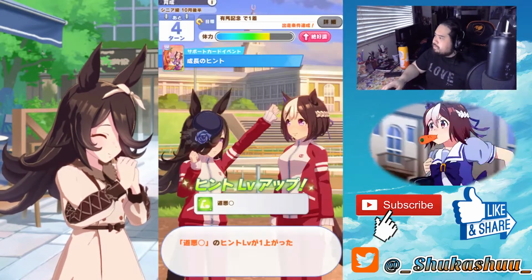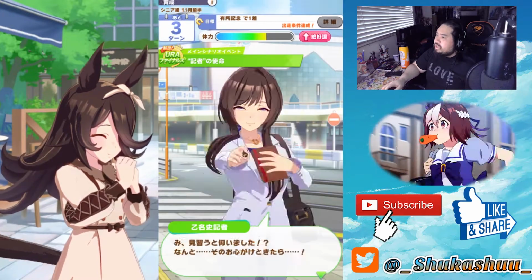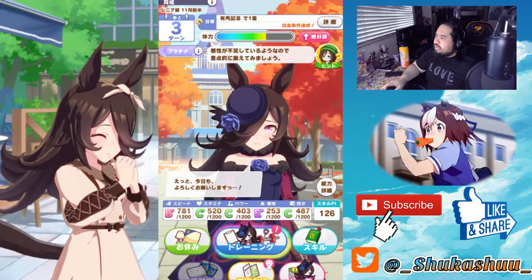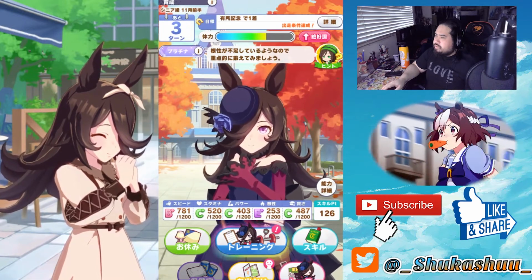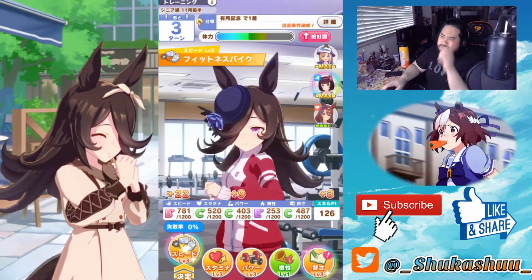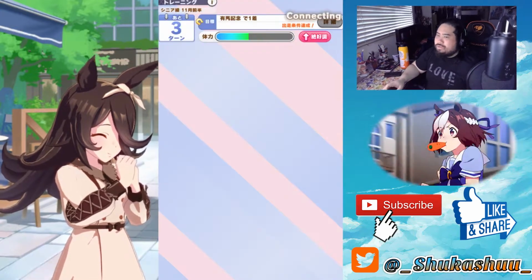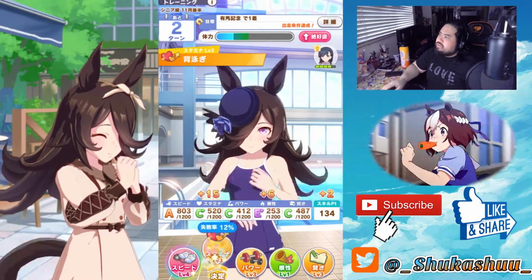I know I use Special Week, Super Creek. I think I used the Flower, King Halo. Use King Halo, and then Daiwa Scarlet, Wise card, Hyun Aoi. Am I missing a card? And then Nishino Flower, which I just saw on the screen. But yeah,